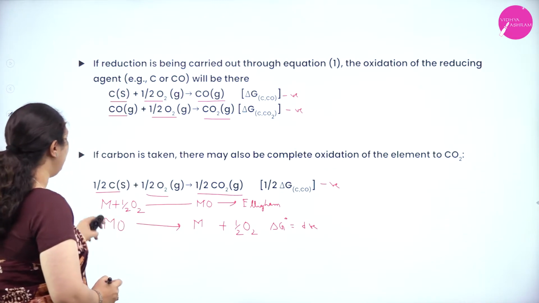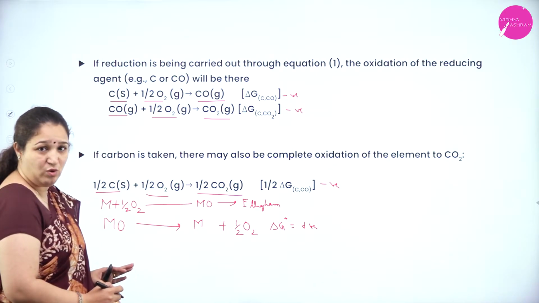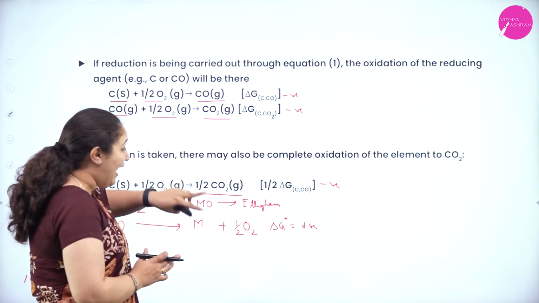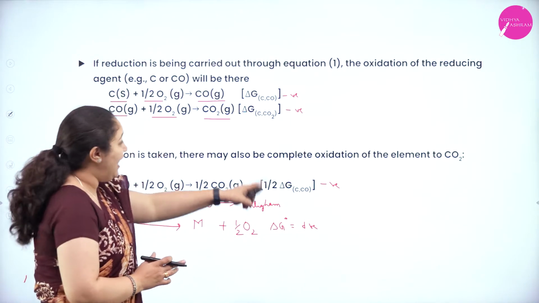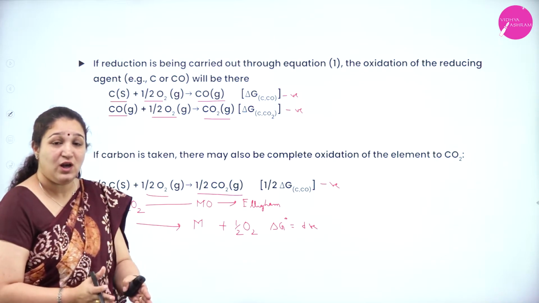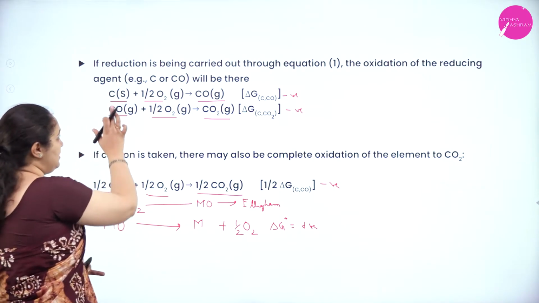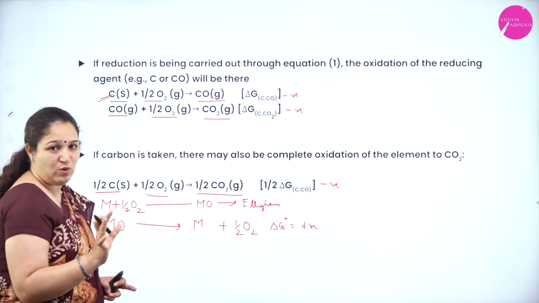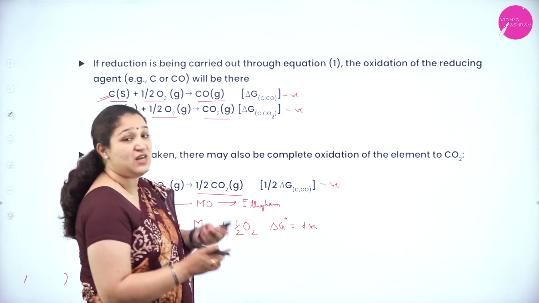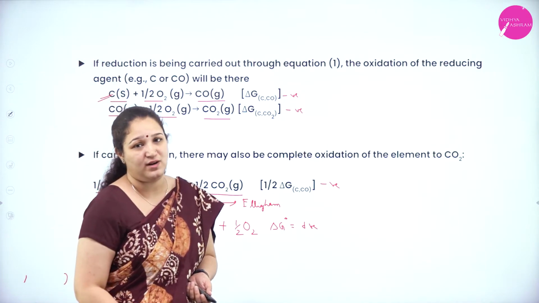Okay. So I can add with carbon, I can add with carbon monoxide, or I can add with coke. But I should see that when I add both, that is delta G naught which is positive and delta G naught which is negative, I should always get delta G naught which is negative only. Only then I can use that as a reducing agent. Now if I want to use this particular coke as a reducing agent, then when I add delta G naught of these 2 reactions, my delta G naught ultimately should be a negative value. Only then I can use it as a reducing agent.